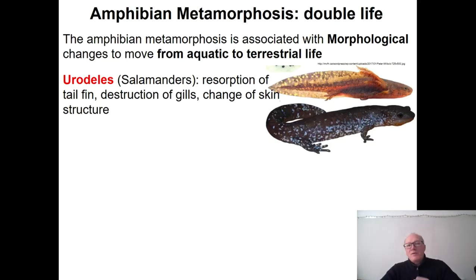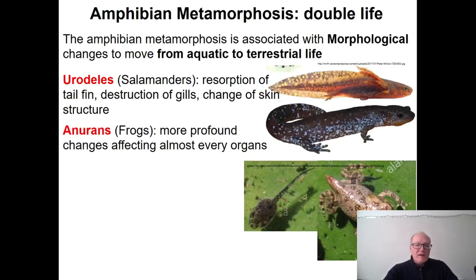And amphibians are divided in two groups, the urodels and the anurans. In the urodels, which are basically the salamander kind of animals, the metamorphosis is not so dramatic. Here we have a pre-metamorphic animal compared to a post-metamorphic salamander. As you can see, the main difference regards the resorption of a portion of the tail, so the tail fin that provides locomotion in the